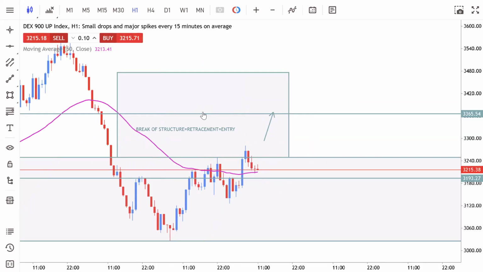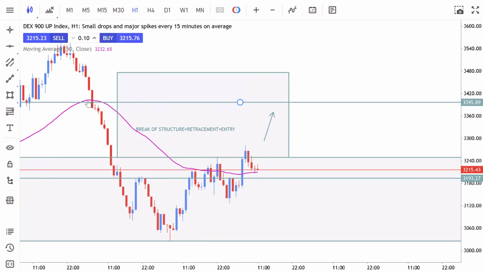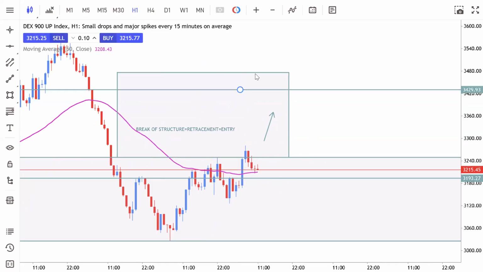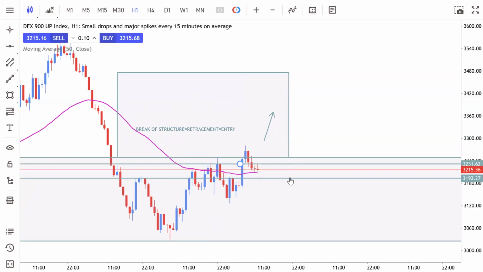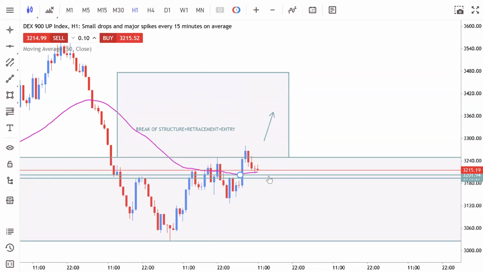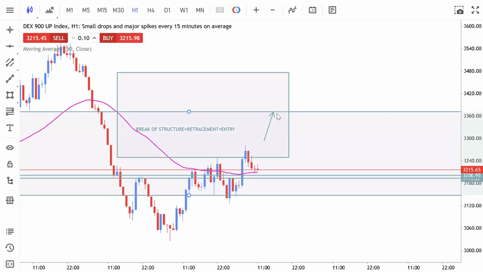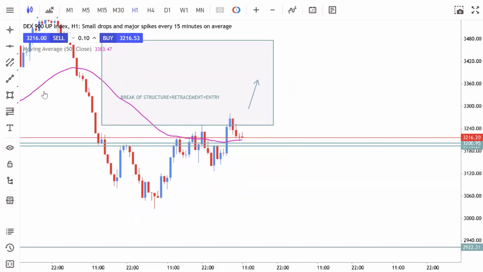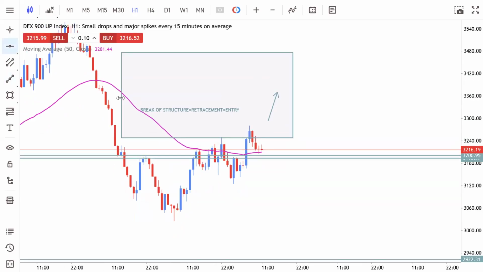And if you must go higher, you can just use the 50 EMA here to take your profit, okay? Don't wait all the way up here. Sometimes the market never reaches here. Sometimes it pulls back down to this zone. So this is where our entry is, and we are going to target the half as our TP. And how do we get the half? You just put your cursor here, and you'll see this dot. That is where you put your horizontal line for your